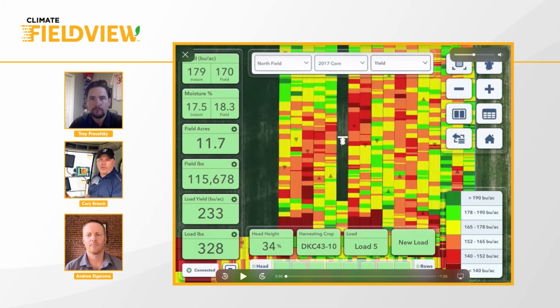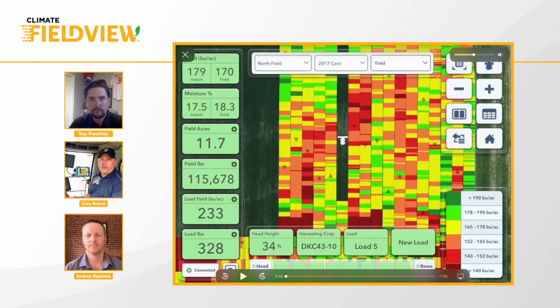And then the third tab is the tab that we can change throughout the day to see different information that we want to see in real time, whether it be yield or dates or basically anything that we want to see, moisture. So kind of moving into the left side of the screen here.